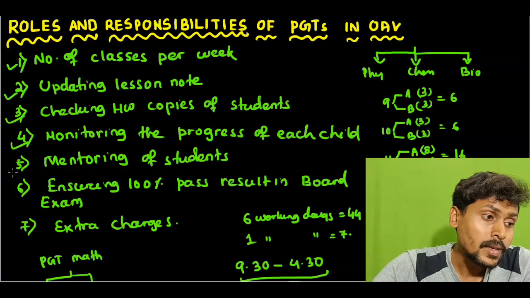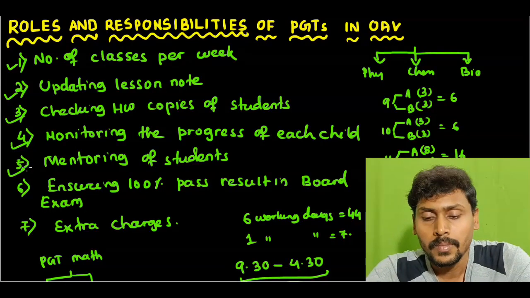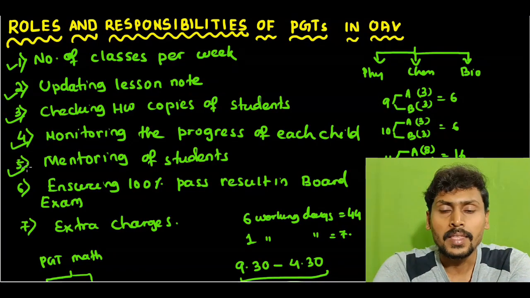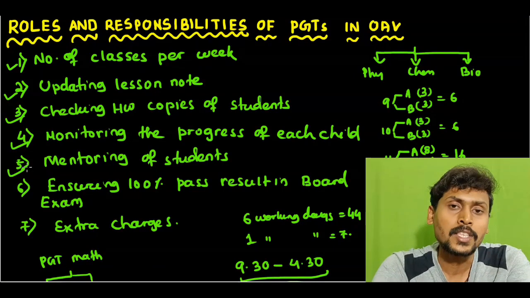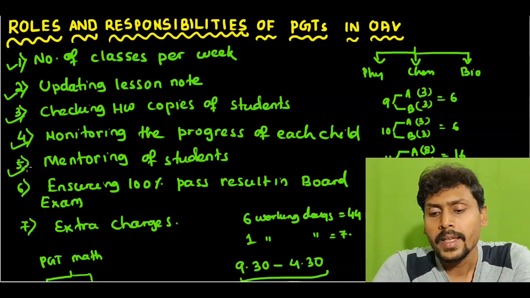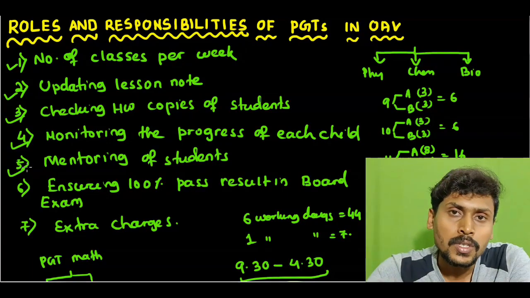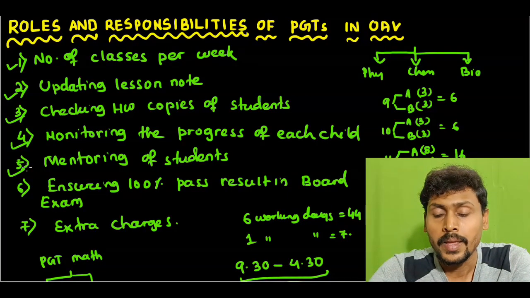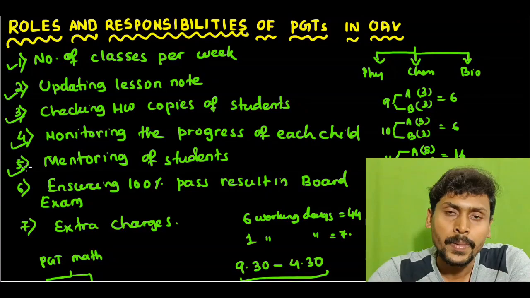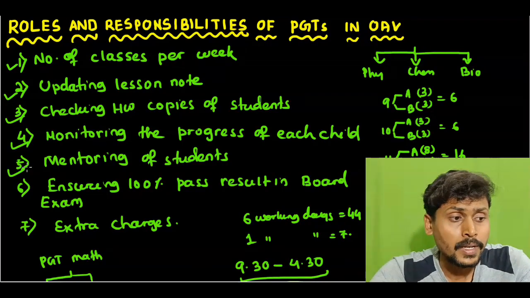Next point is very vital: mentoring of students. Monitoring and mentoring are complementary to each other. Mentoring means, for class 9th through class 12, the age they are in is a vulnerable age, what we call teenage, and in this age they are prone to many mistakes. Their psychological thinking is different and their emotional health is also at a different level, so you have to understand each and every child, in the class with the total students, and this mentoring is